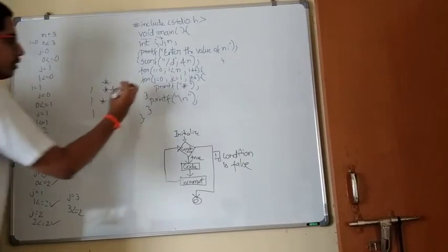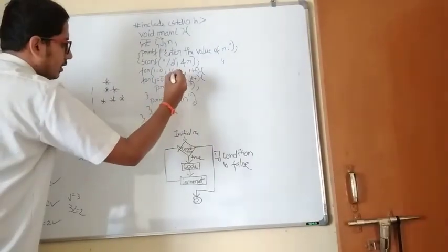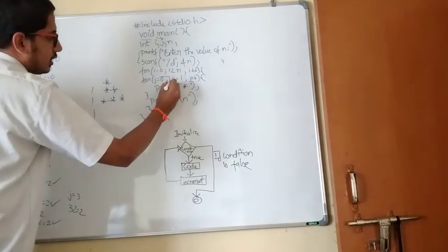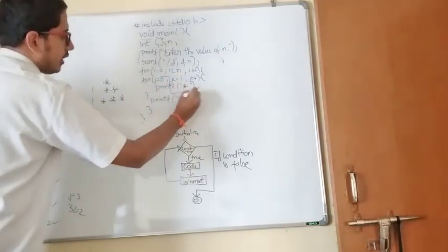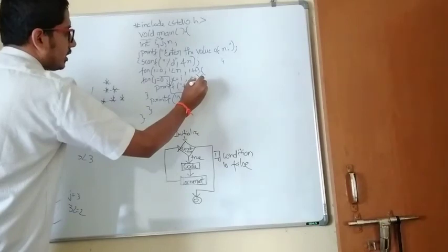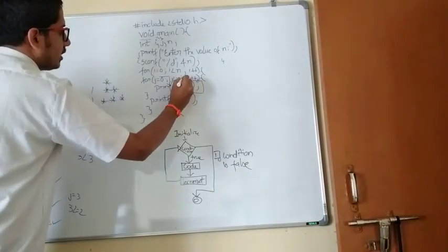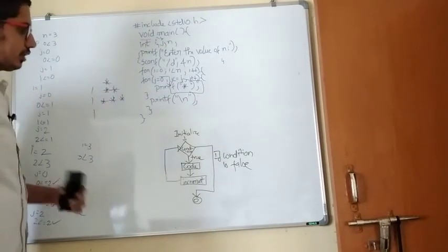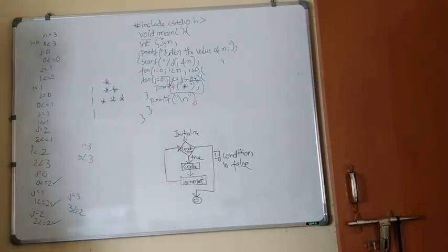So how a for loop works is: initialization, then the condition is checked. After the condition is checked, the code is executed. After the code is executed, it goes back to the incrementation. After incrementation, again the condition is checked, then again it enters, or if the condition fails, it comes out. So we'll analyze more programs similarly.